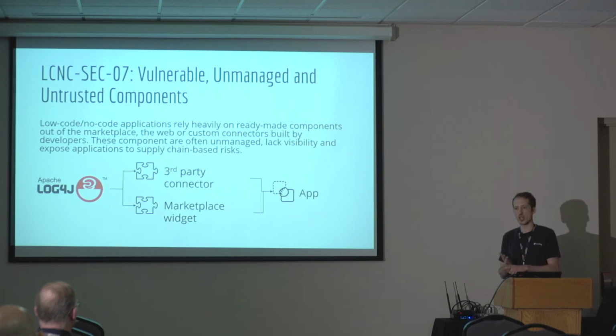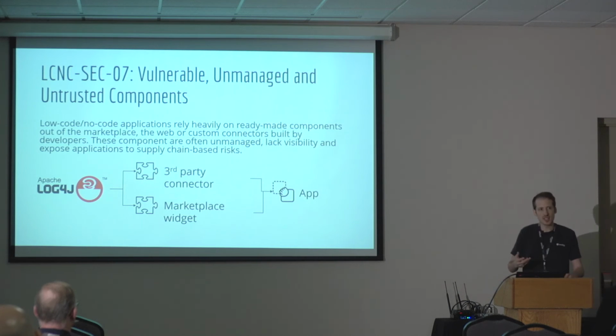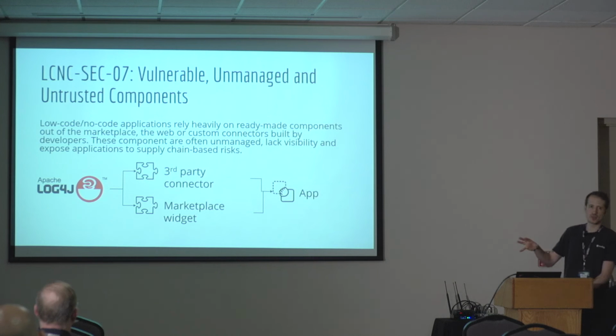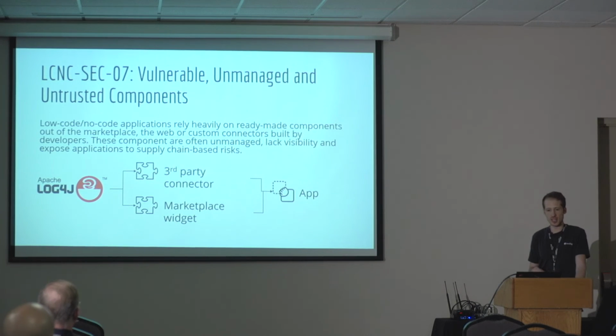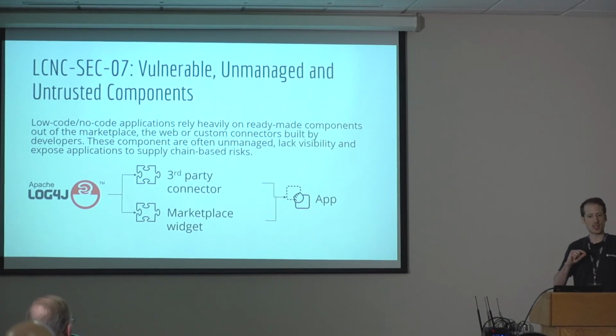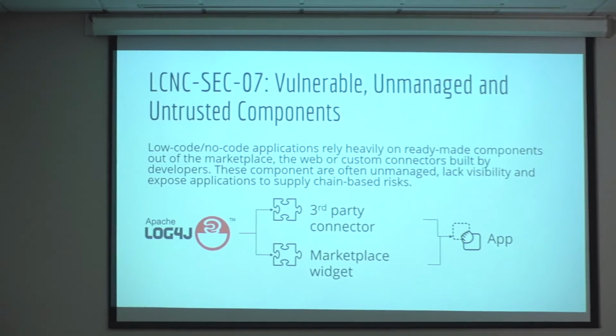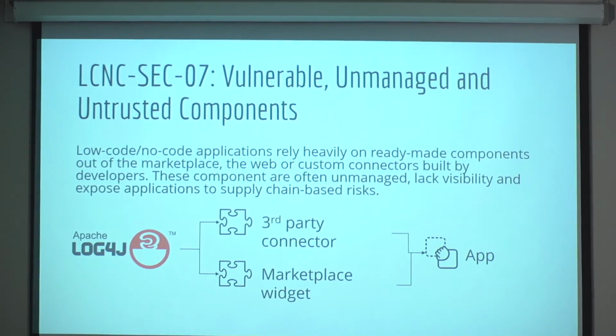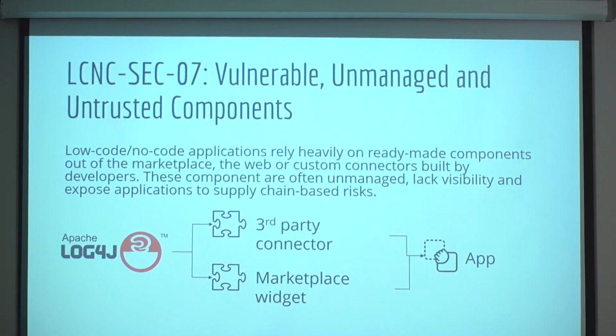In Microsoft, you can upload a DLL. In Zapier, you can run custom code. These are things that are plugged directly into the platform. There's no way to inventory them. There's no way to know that this is actually happening. And so, of course, there's a problem here with dependencies. We've done a lot as an industry to be better with open source and mapping out our dependencies. We're still at this problem. With low code, we haven't really started.